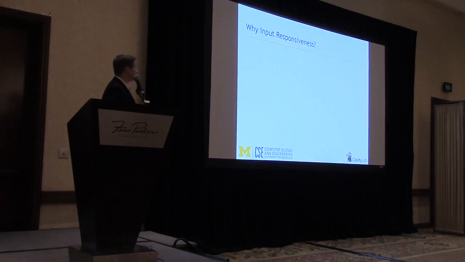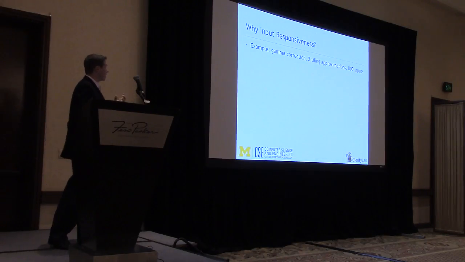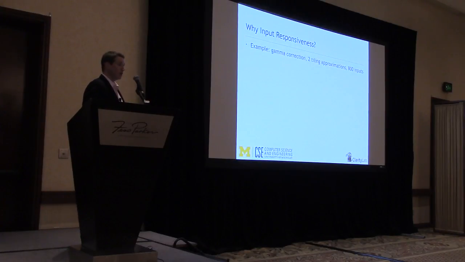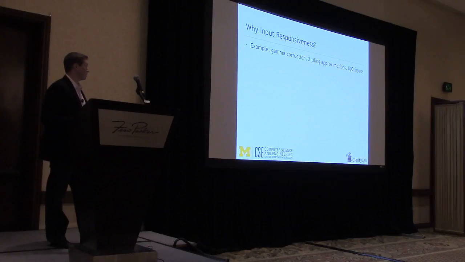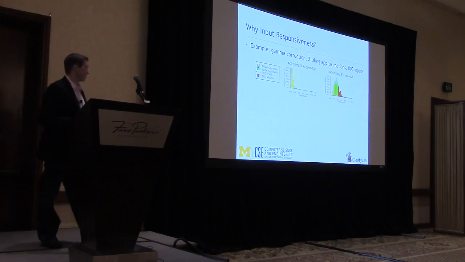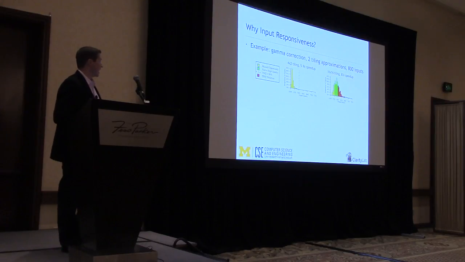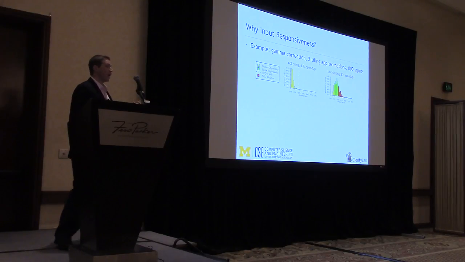So if we study this idea a little more thoroughly, we can go through an example where we take this gamma correction application in the context of two different tiling approximations on a span of 800 different inputs. What I show here are two graphs, each where we apply one of the tiling approximation parameterizations across all these 800 inputs, and we characterize the output quality that we get